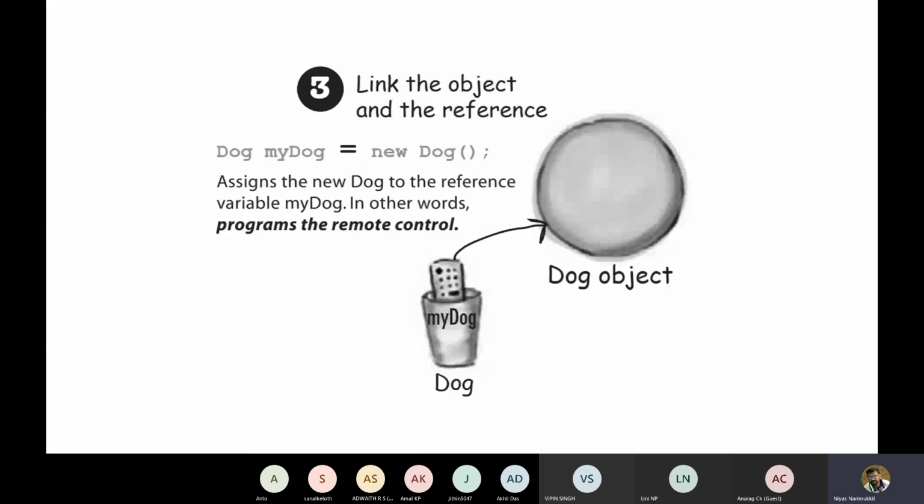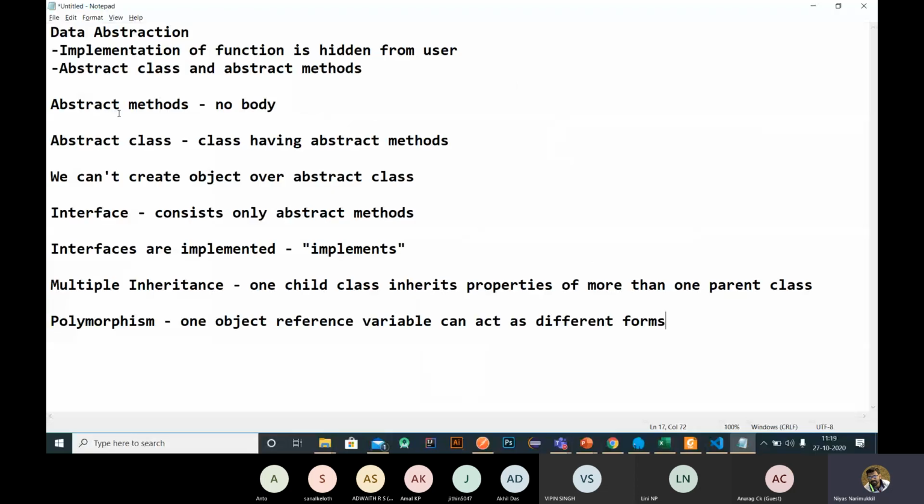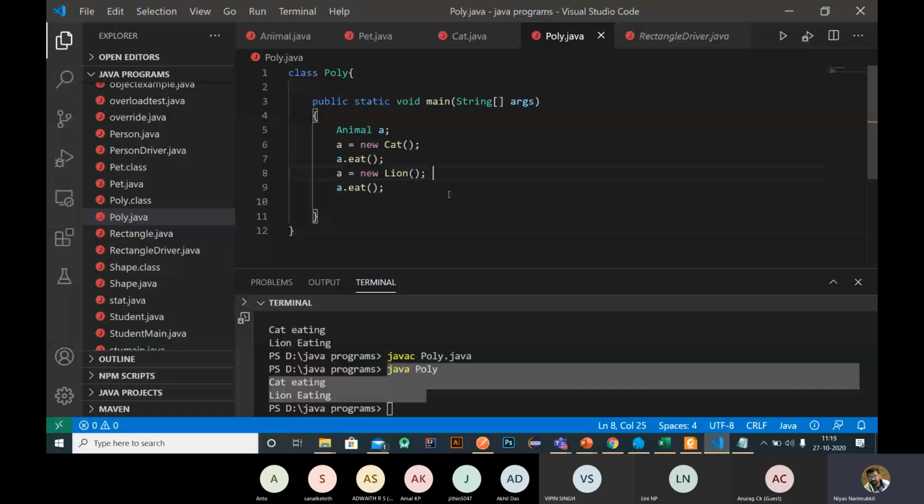So these are the things we discussed today: data abstraction, abstract methods, abstract class, interface, and how to implement multiple inheritance with the help of interface, and the concept of polymorphism. So polymorphism is that one object variable can act as different forms. Some texts you can refer to say that polymorphism can also be done with functions, that is, the same function having different behavior.